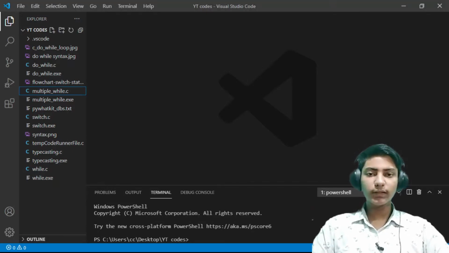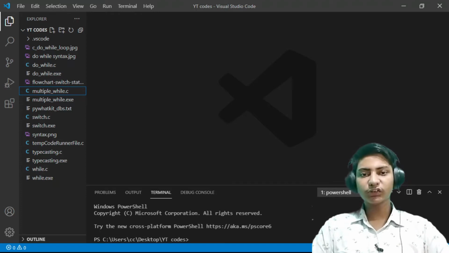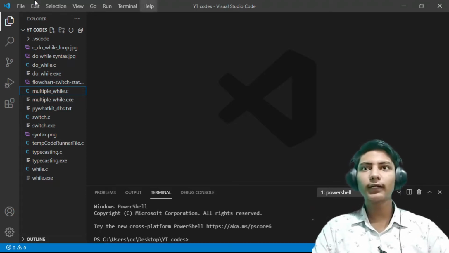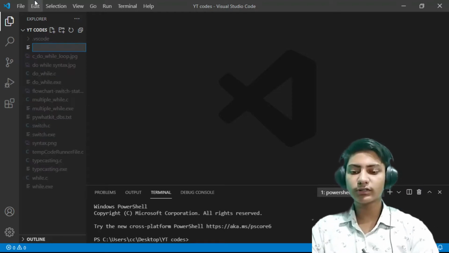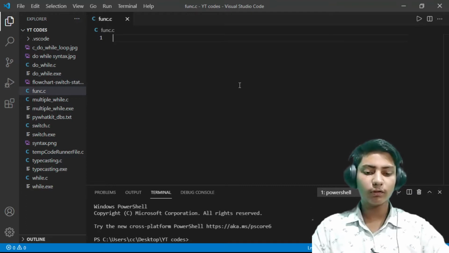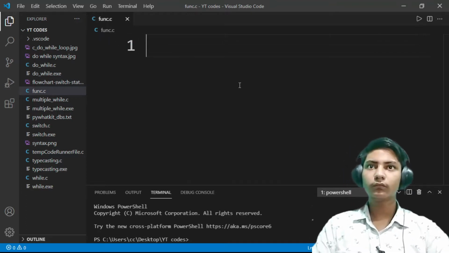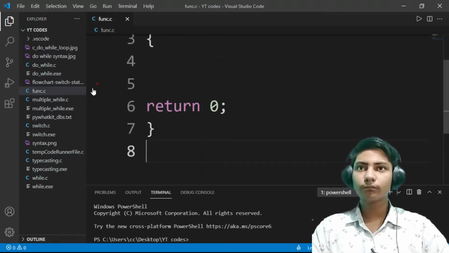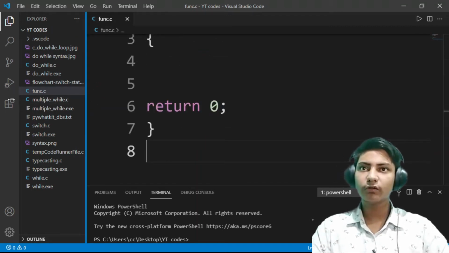Here I am in my Visual Studio Code. So guys, in this video we are going to learn about functions in C and how to declare them and how to use them. So let me make a new file here, naming it func.c. Increasing font. Yeah, hope you can see it. Then the main basic snippet. Just a second, adjusting the